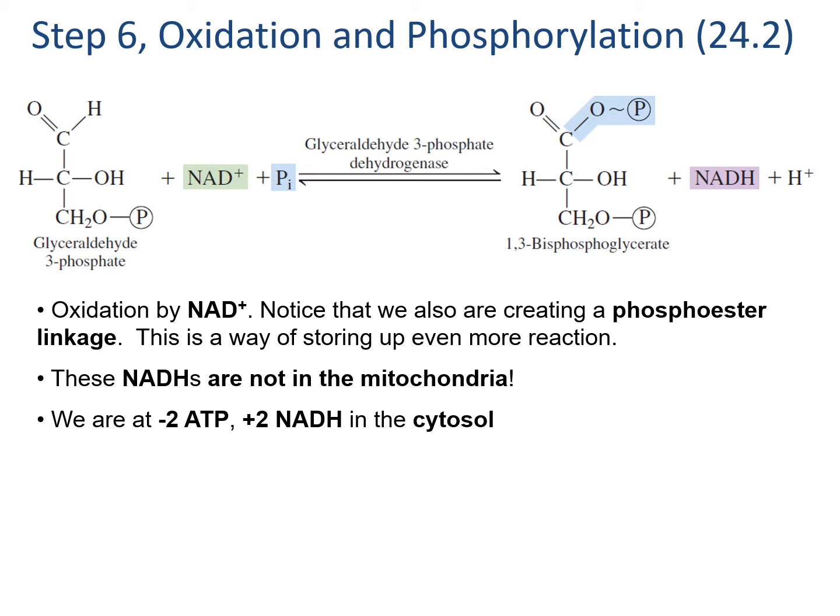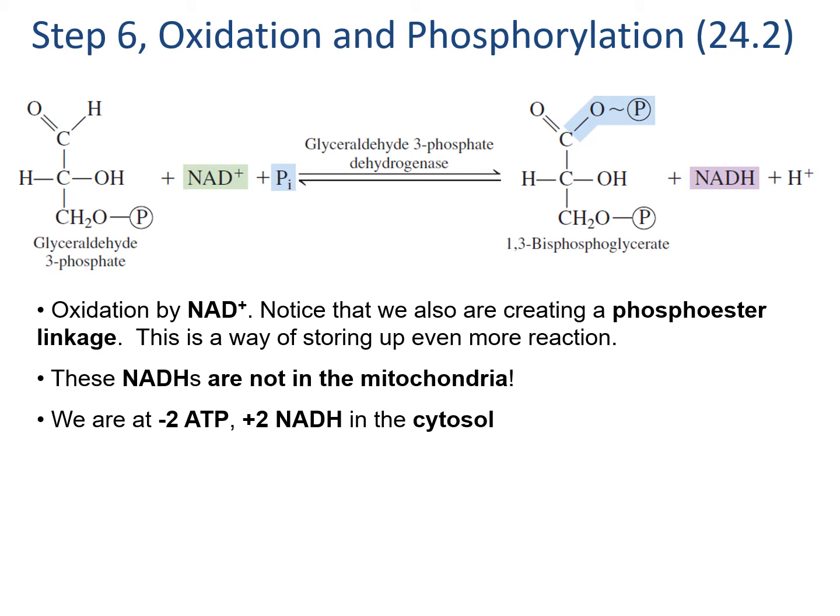In the 3-carbon phase, we start with glyceraldehyde 3-phosphate. We have 2 glyceraldehyde 3-phosphates for every glucose, one from glyceraldehyde phosphate produced directly and another isomerized from dihydroxyacetone phosphate. With this glyceraldehyde 3-phosphate, we can oxidize and gain energy. The oxidation stores energy in NADH, but also in a new phosphoester bond that can be hydrolyzed later for energy. When we phosphorylate ADP into ATP later, we'll gain that energy back.